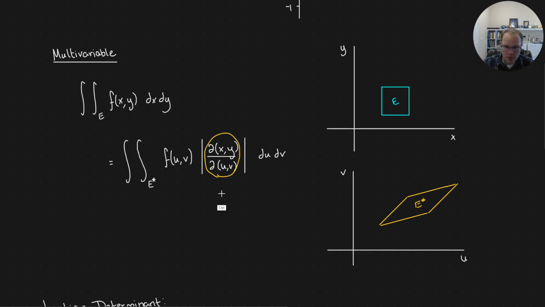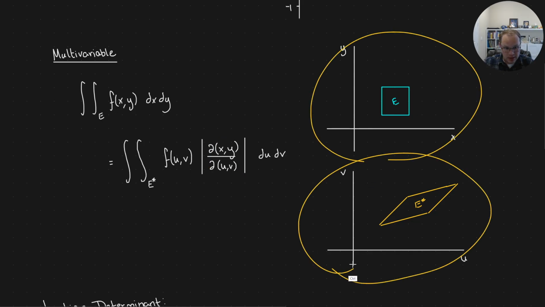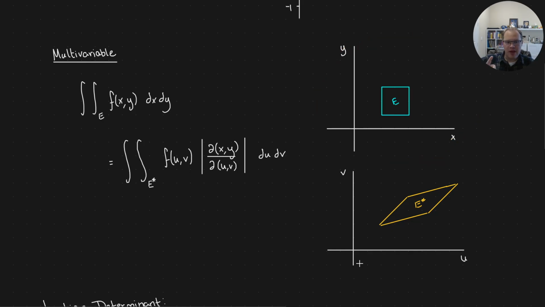sure you take that Jacobian determinant and take the absolute value of it. The reason for that is the Jacobian determinant doesn't just measure the change in area or the change in volume going from one space to another space. It can also measure if anything changes direction. So for example,